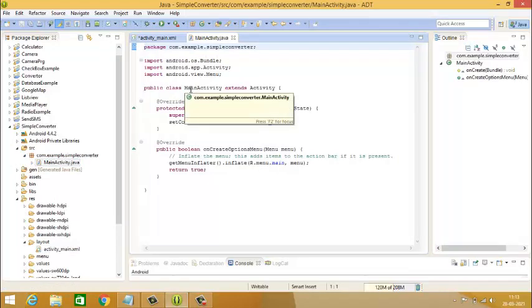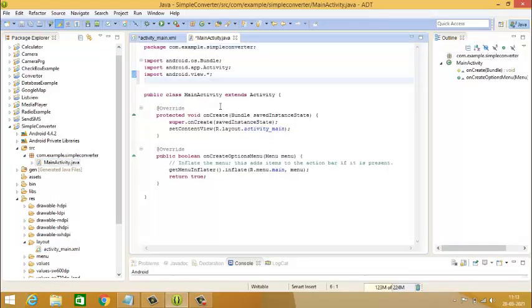So by default it imports the essential packages. Here we need to import two more main packages, which are widget and view. Android is the package name. So inside this you have the view class. This is the basic building block for user interface components, and these components refer to widgets, button, text box. So in order to use those components we have to import this class, android.view.*. So when you give star, through this you can access all the components inside it.